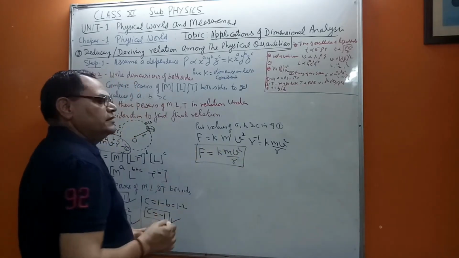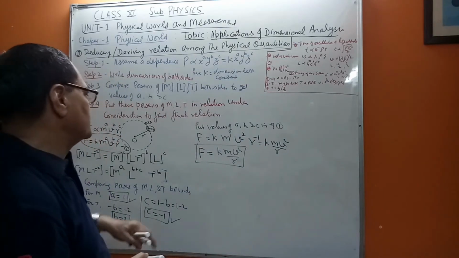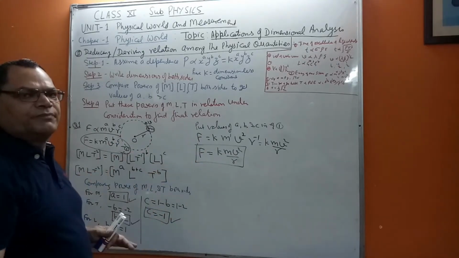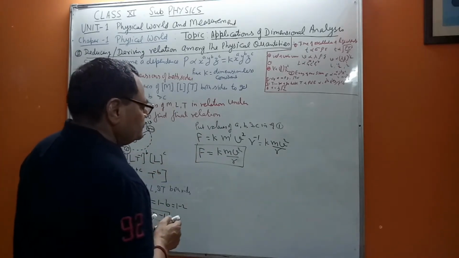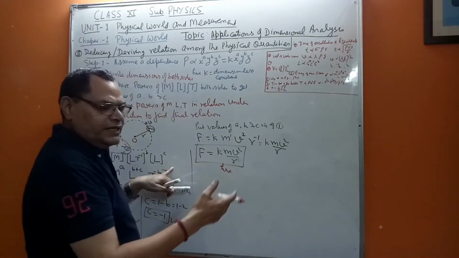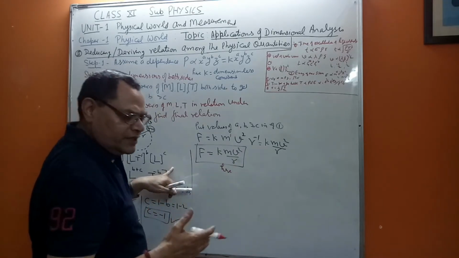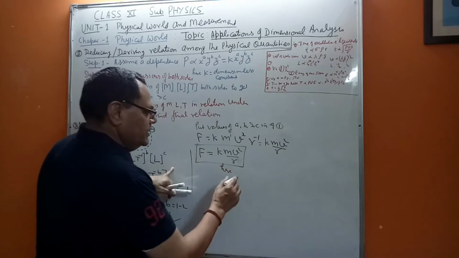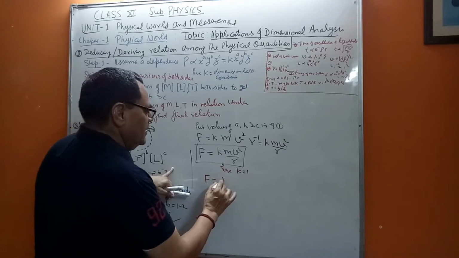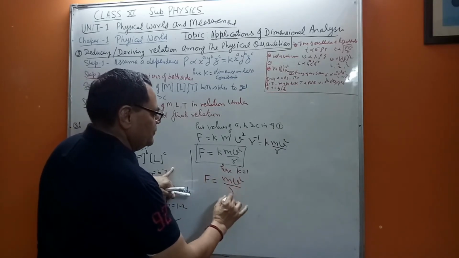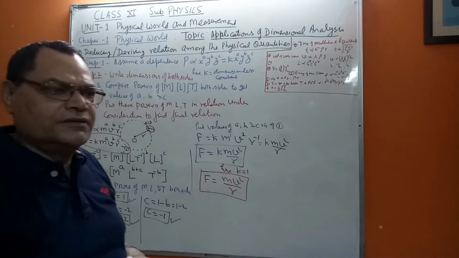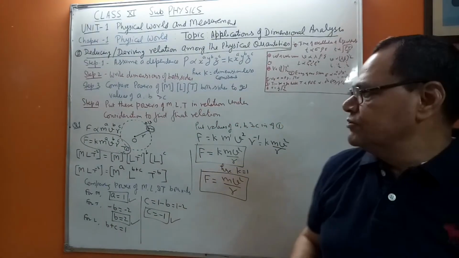This is the final relation for centripetal force experienced by an object or particle of mass m moving with velocity v in a circular path of radius r. But when the value of k is found out, generally you will see different constants of proportionality having different values. Here k is generally equal to 1. So the final relation we say F is equal to m v square upon r. This is a very important relation, used in numerical problems. I am sure you might have understood this.